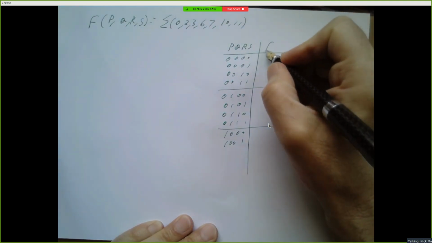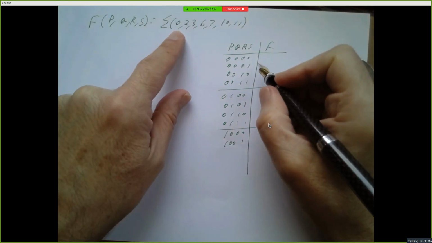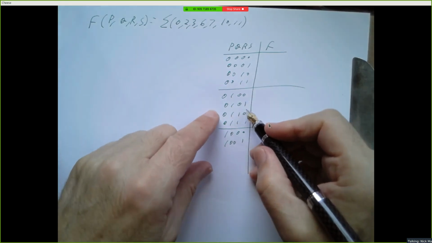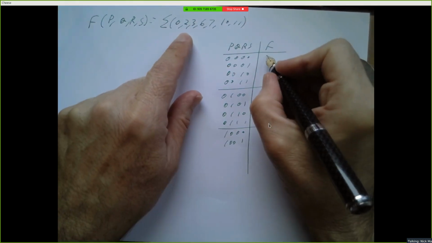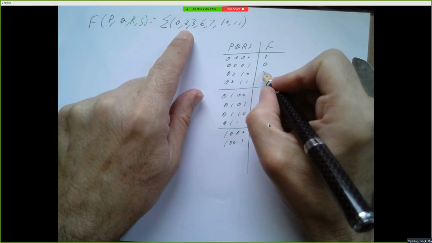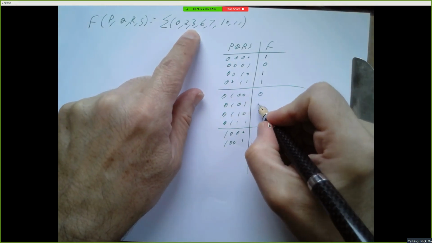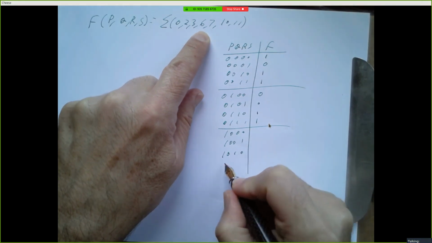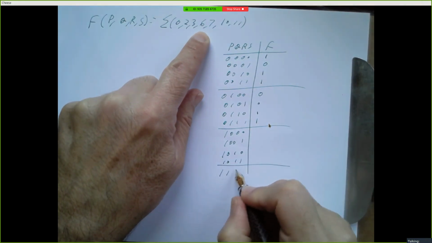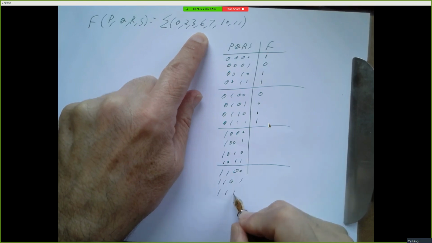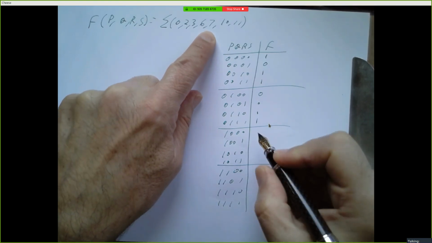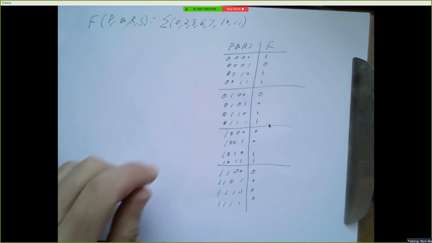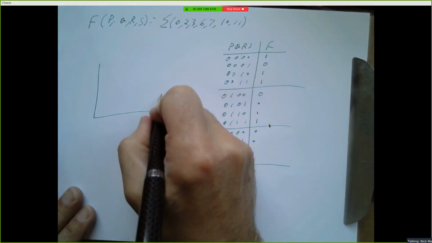And I don't think I need to fill in all of these. So if we put these in the right order so that these numerically form the numbers 0, 1, 2, 3, 4, 5, 6, 7, and so on, then this is minterm 0. This is minterms 2 and 3, 4, 5, 6, 7. I guess I will finish filling this out. Okay, so 8, 9, 10, 11, and then all of these are 0. So if we make our usual K-map,